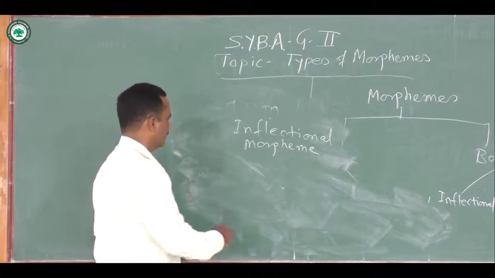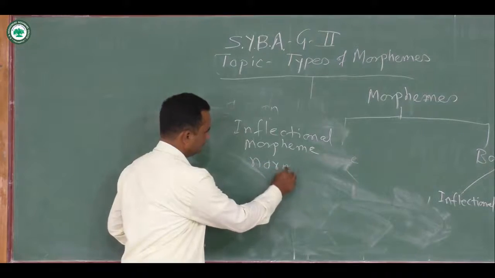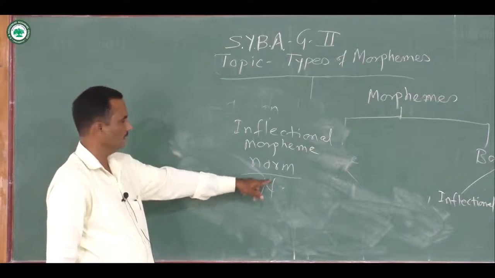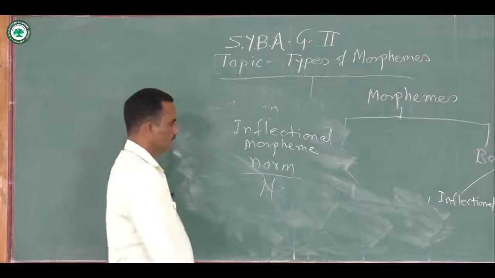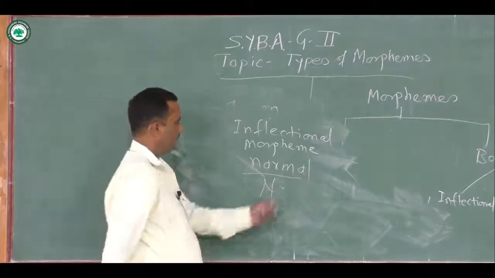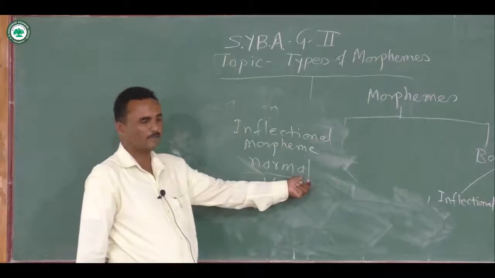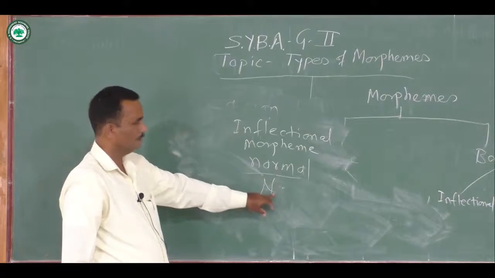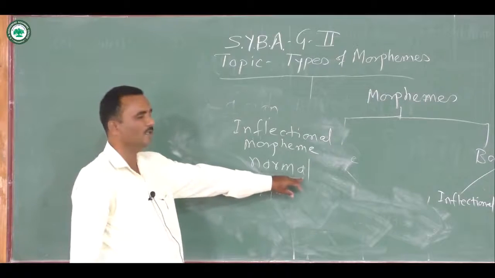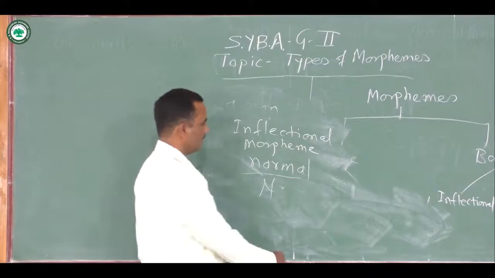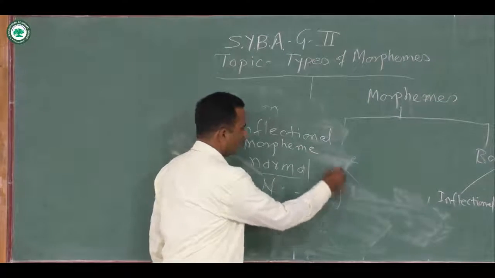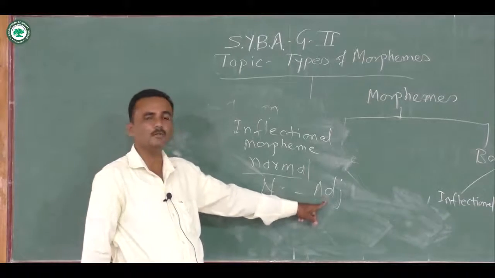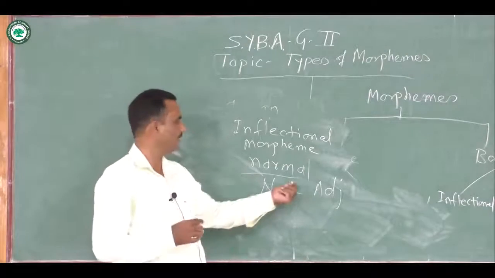For example, look at the word norm. So norm is a noun. So the grammatical category of norm is noun. When the morpheme al is attached to the norm, it becomes normal. So the original word was norm, it is a noun, but when al is attached to it, it becomes normal. So normal is an adjective. So from a noun we form an adjective. So a new word is formed and the grammatical category changed.